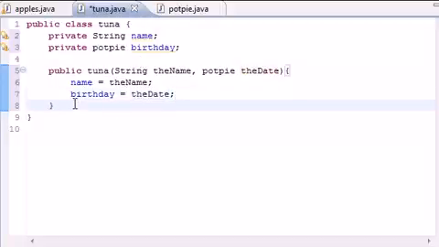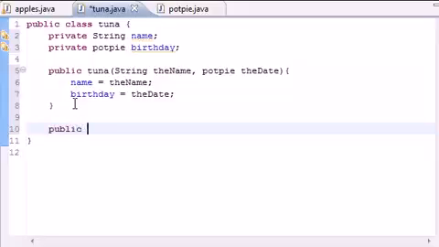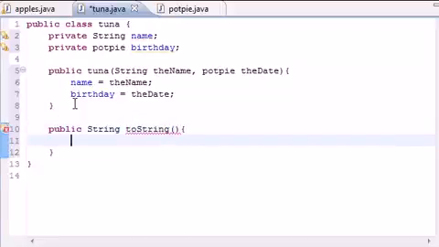But what we want to do now is make another toString method. So let's put public string toString, and just like we did in the potpie class, this method is going to take no arguments, and for the body we want to return